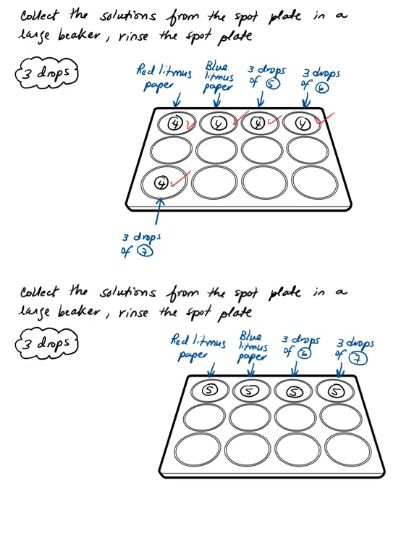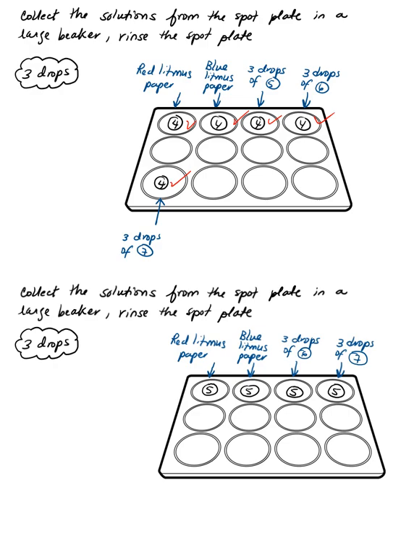And now we are down to 5 spots. So 3 drops of number 4 in 5 spots. First 2 for the litmus paper, and then you're adding number 5, 3 drops of 5, 3 drops of 6, 3 drops of 7. Copy all of your observations, put your solutions in the waste container, rinse with water, and